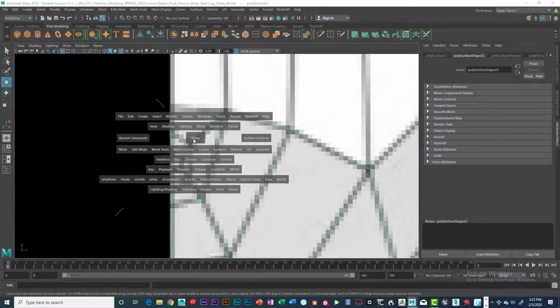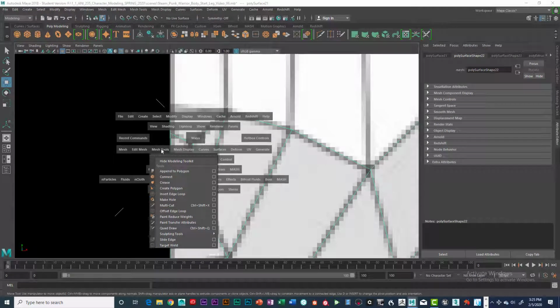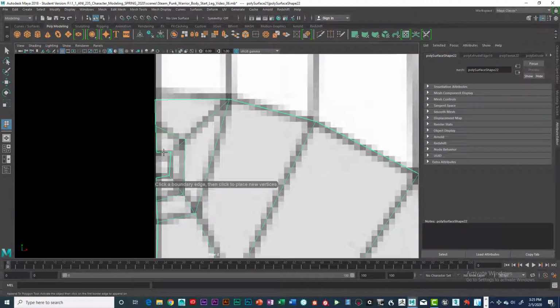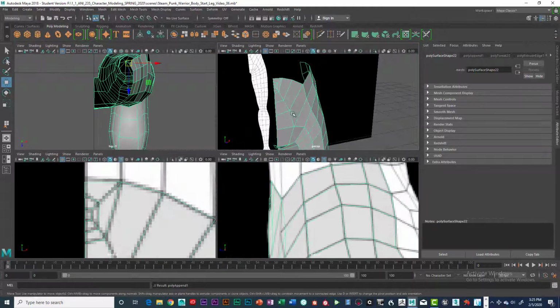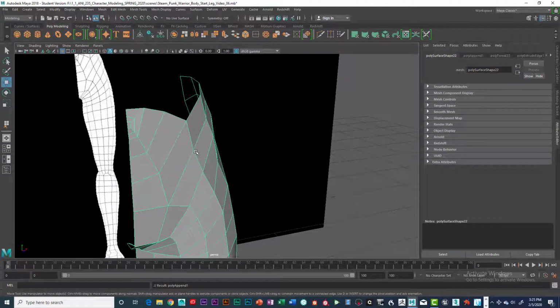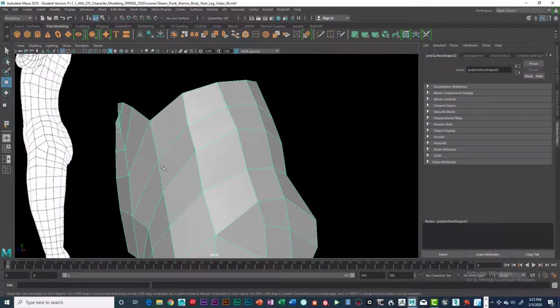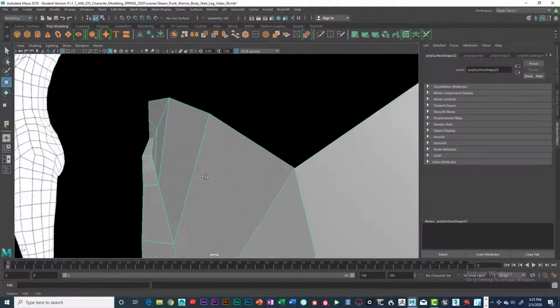So that tool is in the mesh tools. I'm holding down the spacebar. Mesh tools and pen to polygon. I'm going to click on that guy and the other end and hit enter. And there it is. So let's take a look and see what we got here. Alright, cool. There's our belly button. And we need to kind of move vertices around